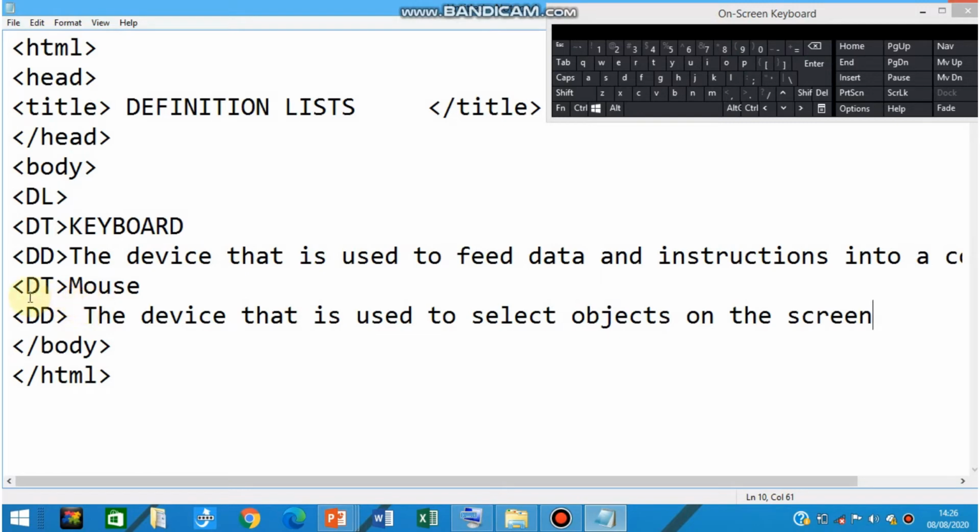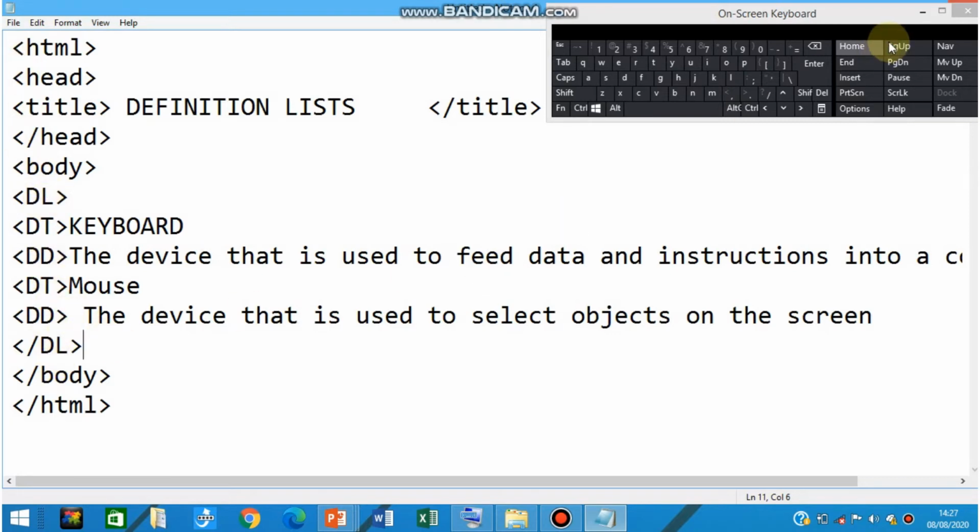Term you have to mention using DT tag, and description or definition you have to mention using DD tag. Now suppose these only two terms you have to add, then it is compulsory to close this DL tag. DL tag once opened, now at the end we will close it by adding backslash. Now our definition list code is complete.